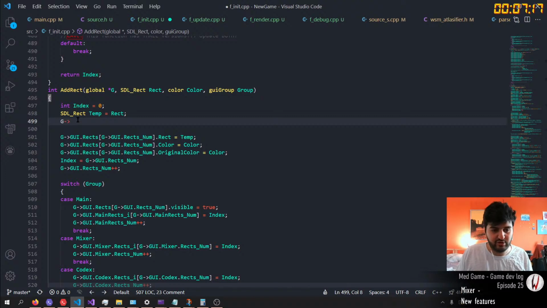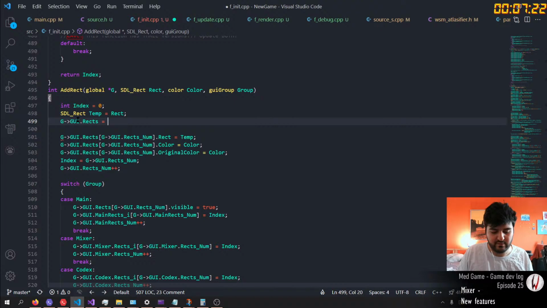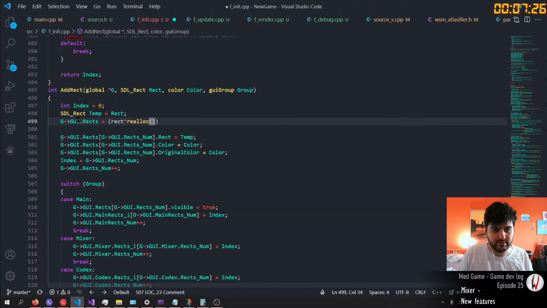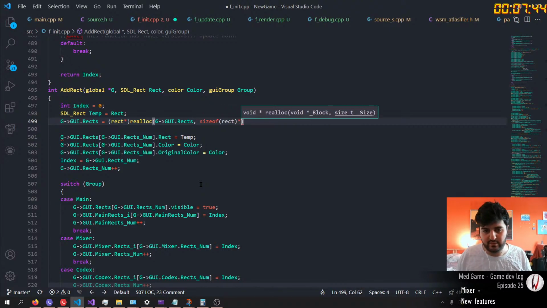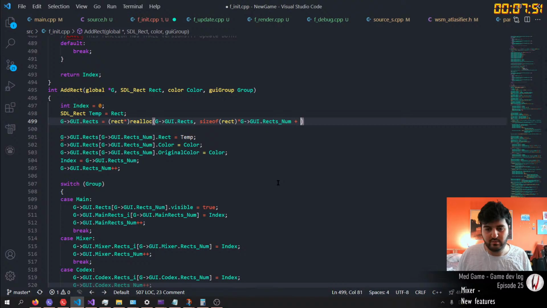So here, GUI dot rect equals rect realloc, and here the size is going to be size of rect times this thing plus 1.